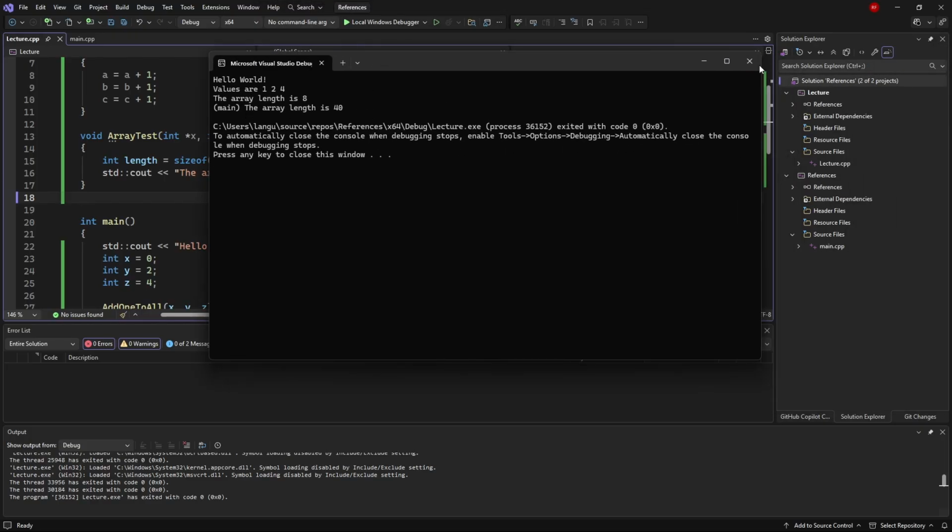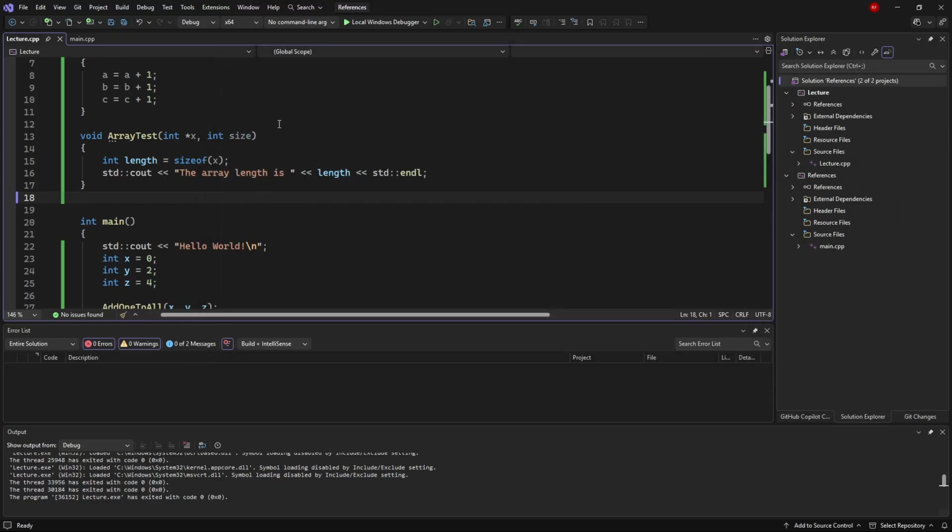Still 8. You will see arrays passed around like this. You'll have the actual array that's getting passed in, and let me change the syntax on that. Preview for next week, I guess. You pass in the array, and you have to pass in the size of the array to be able to